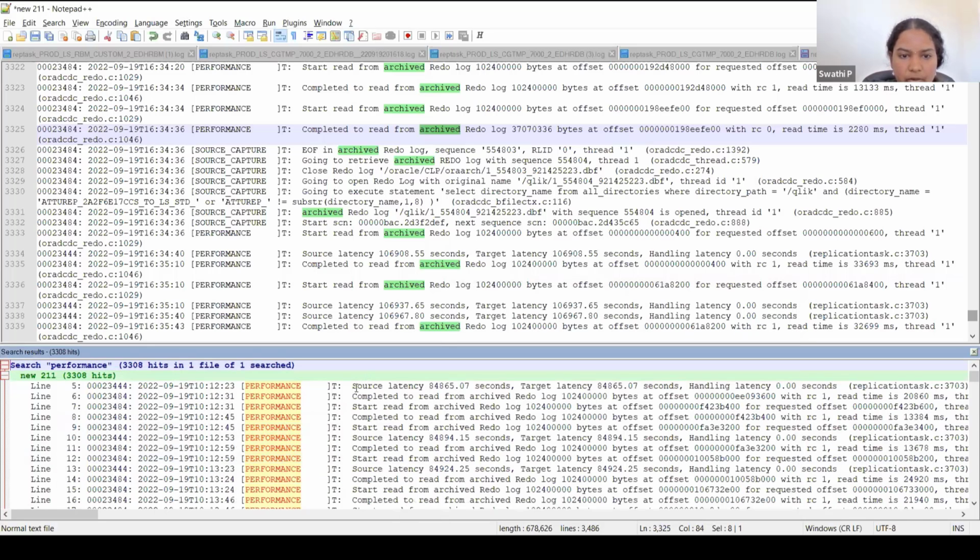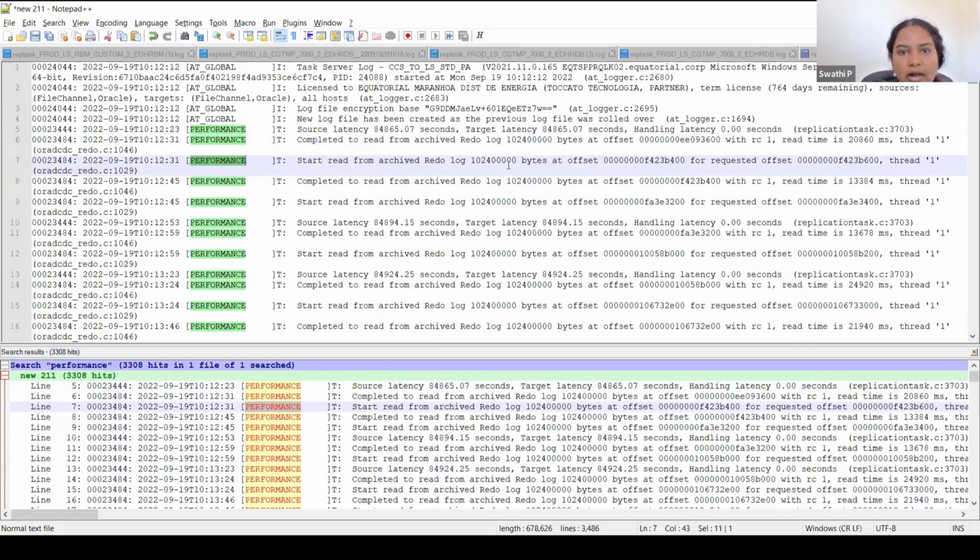If we set performance to trace, the first thing we'll come to know is whether it is source latency or target latency. And with this, we can also see the read speed. So here, for this 100 MB, these many bytes, the read time is taking around,